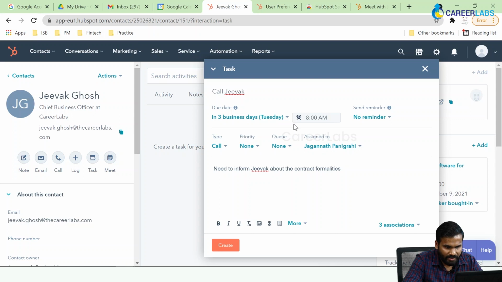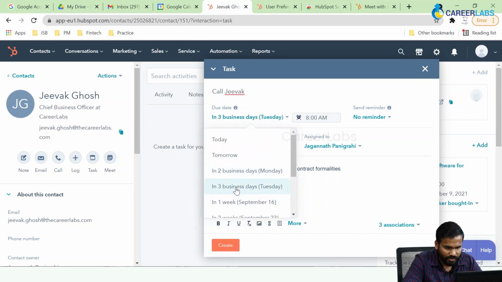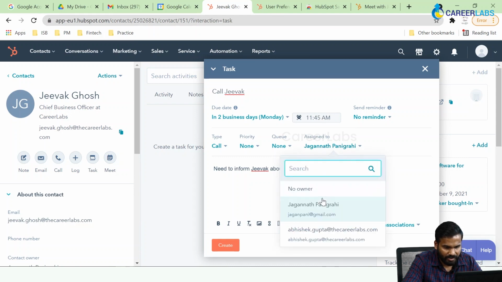And then I can add when I want to do this task. So let's say I want to do it in 2 business days. I can set the time as 11:45 a.m. and I can assign the task to somebody else as well, or I can have this against my name.